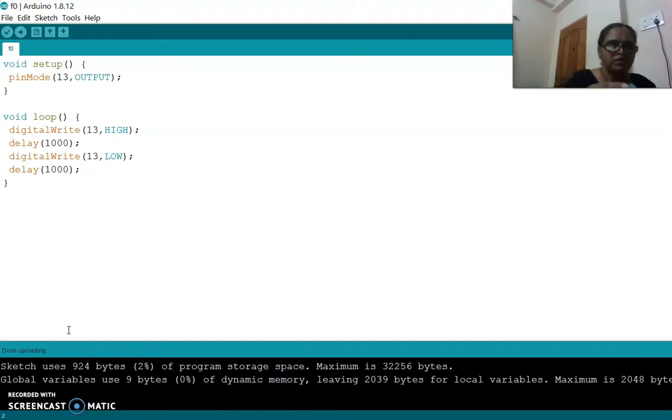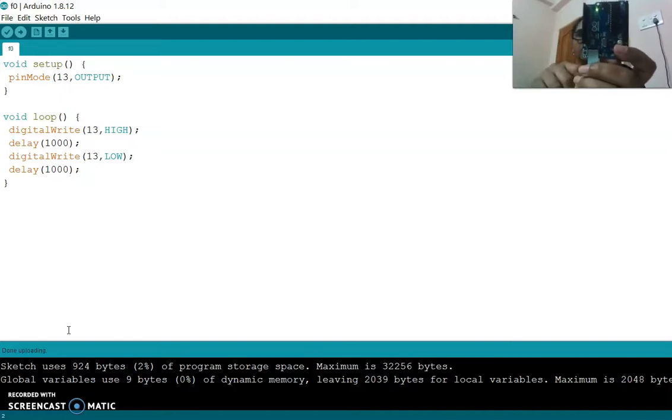Now I can see the effect. I can see the result. So here two LEDs are glowing. The top LED is showing the power supply, and the bottom LED, that is the 13th LED of the Arduino board, is blinking because I have written code to blink the LED. First it should be on, then wait for 1 second, then it should be off and wait for 1 second.